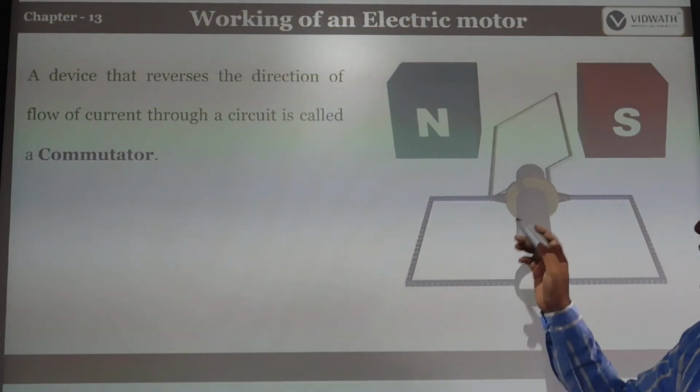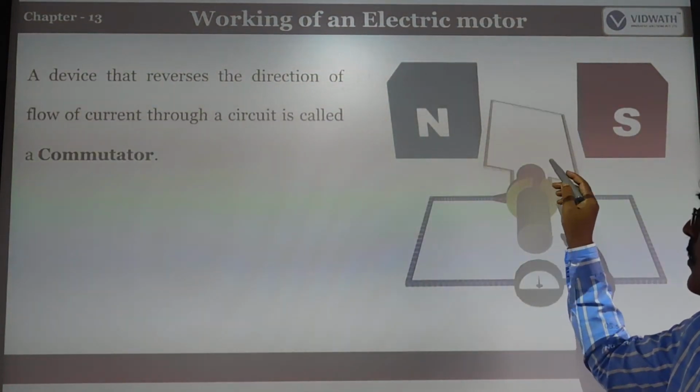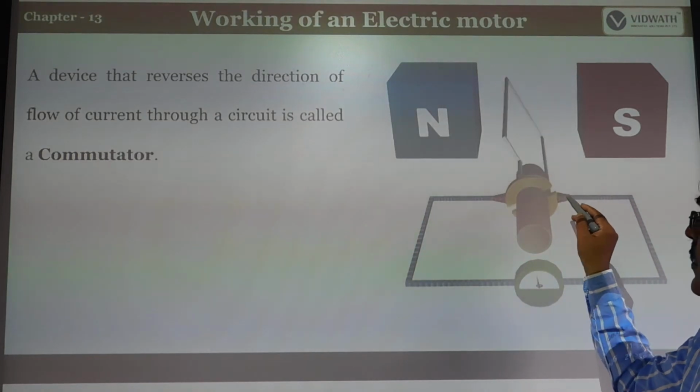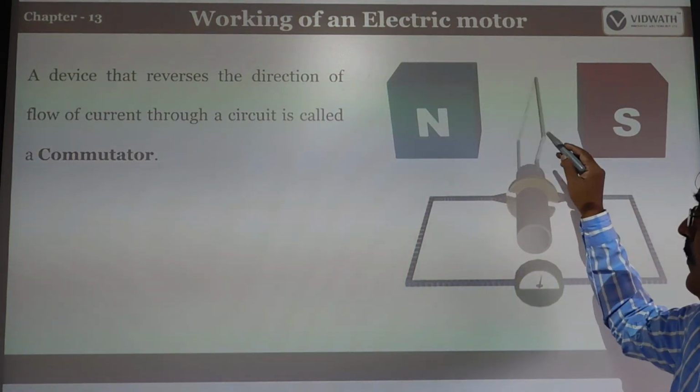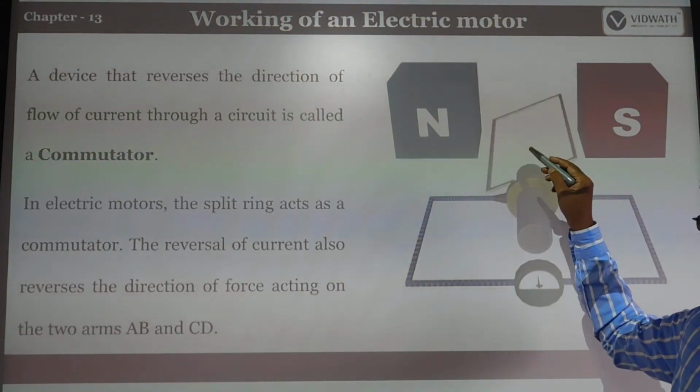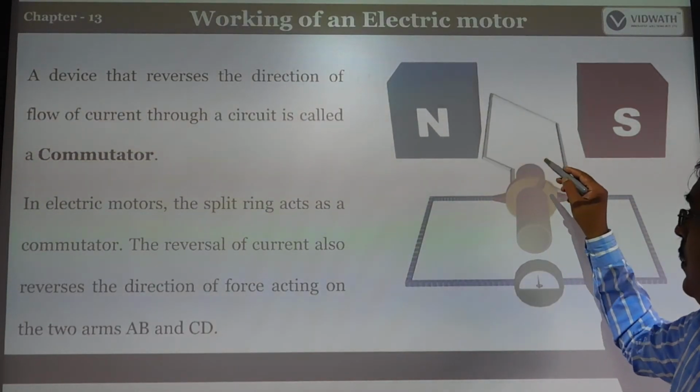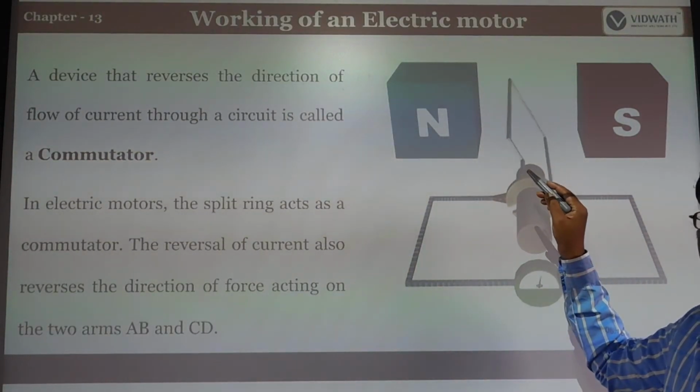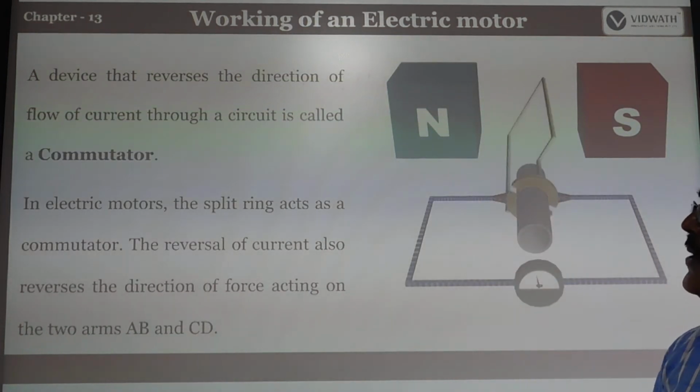The device, so like that. I already know this is the ABCD rectangular coil. So this can be called the axle. In every movement it can be seen that AB moves and CD also rotates. So when these two rotations are completed, the current should be passed on.